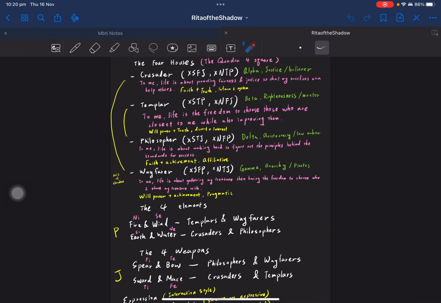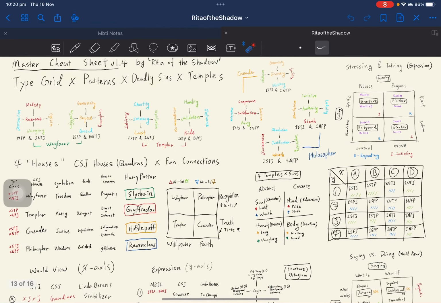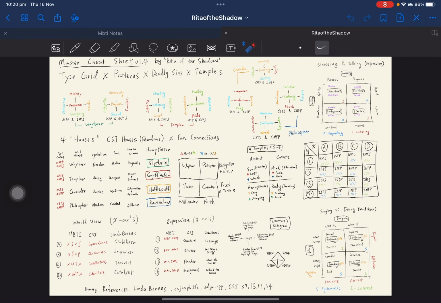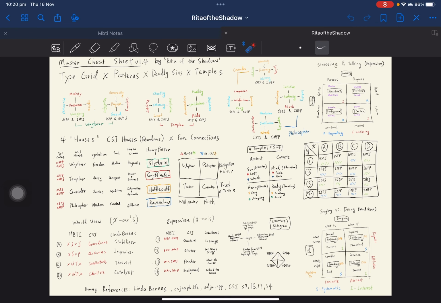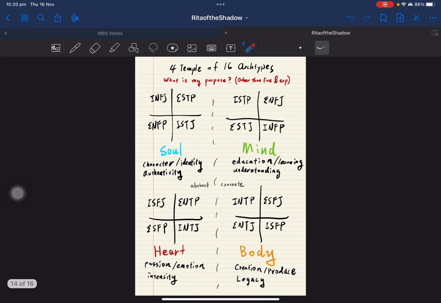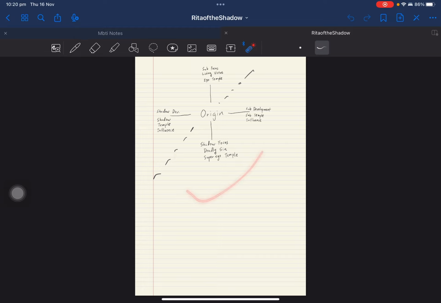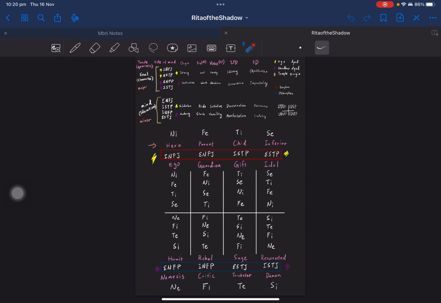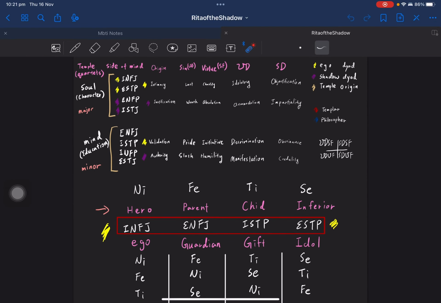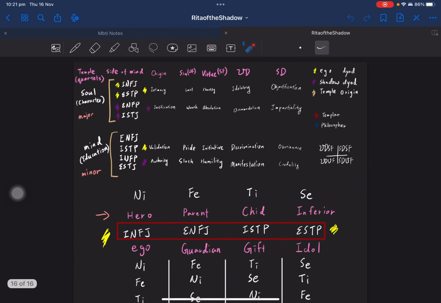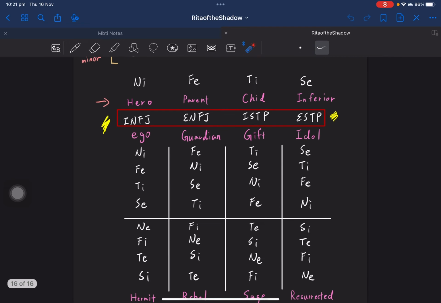So that leads us back to the four houses again, and then the master Chi. So now you should be able to understand everything that goes on in this table with that added explanation. And that's why there are four temples. And this one we also explained. And that leads us back to what I studied from the beginning. So this is just the updated version of my eight-gated table.